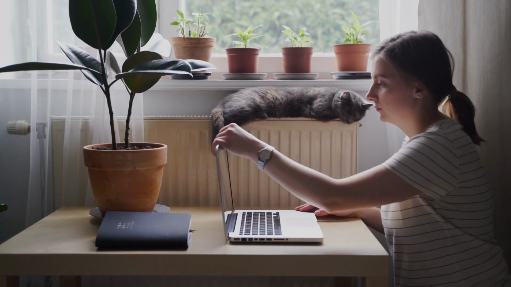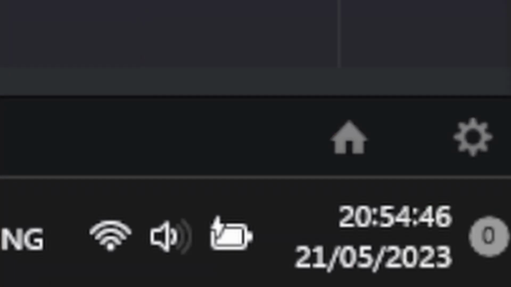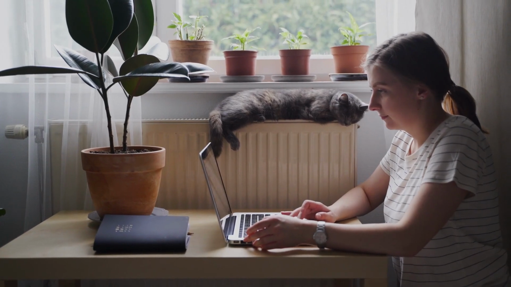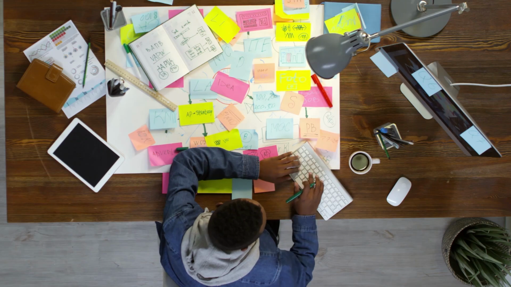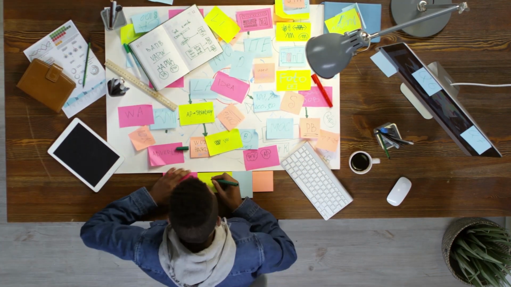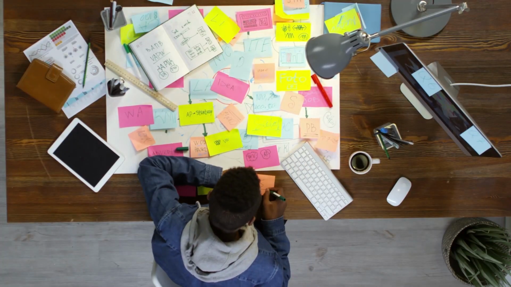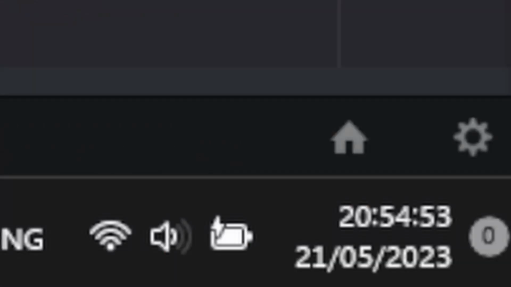Welcome to today's tutorial on how to display seconds in the taskbar. Many of us rely on the taskbar to keep track of time and stay organized while working on our computers. However, by default, the taskbar usually only shows the hours and minutes. But don't worry, because in this tutorial, we'll show you how to enable this feature, making timekeeping even more precise